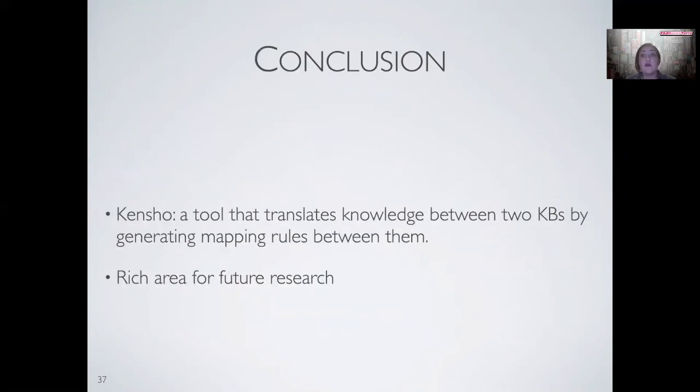So to conclude, in this work, we introduced Kensho, a tool that translates knowledge between 2 knowledge bases by generating mapping rules between them. We believe that this is a rich area for future research. For instance, how these automatically generated queries can be further optimized and used to create the best set of examples to be shown to the domain expert, how these examples should be presented, and how to incorporate domain experts' feedback, which sometimes might be contradictory or wrong,